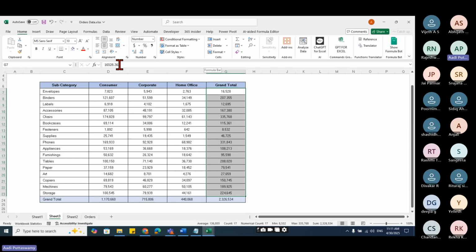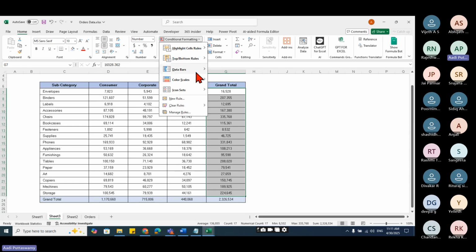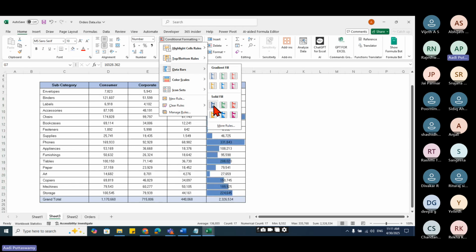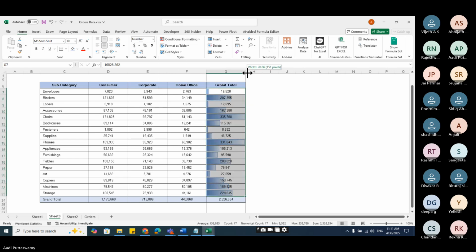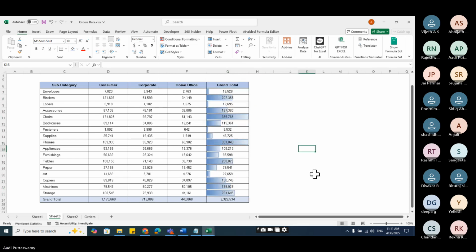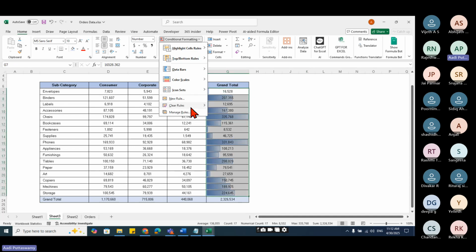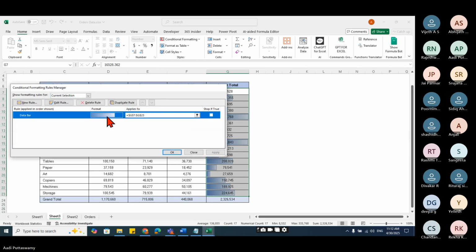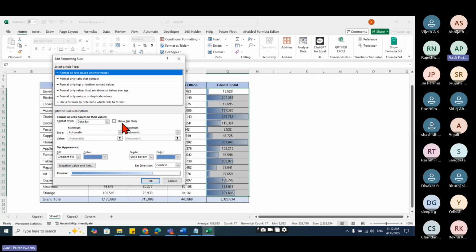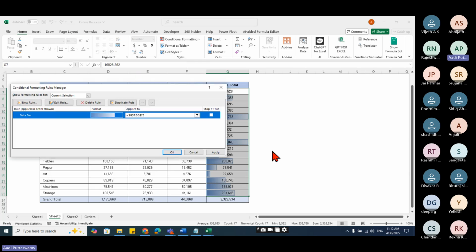And here I'll say data bars. See, I can see something like a chart. I don't want the numbers to be seen. Let me select this and I'll say manage rules. We'll try to edit that. I'll say I want only the bars.